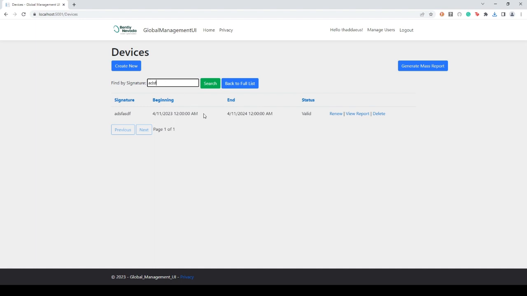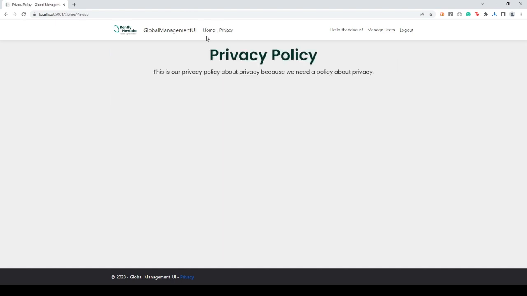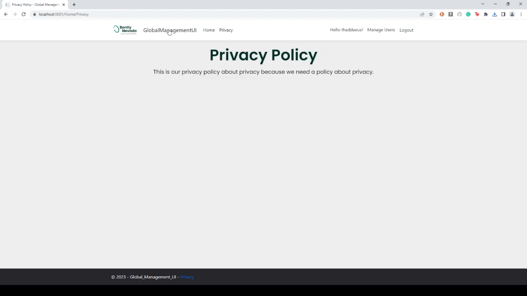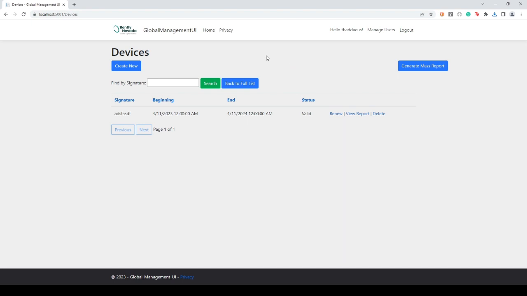You can search. Search right here. Obviously that doesn't do anything because we're typing in. If we search that, it disappears. But we can go back to the main page. And up here we see that there's a home page now. So the privacy page, this is the home page, just brings us back here. And also if we were to click on these, it would just bring us back to the devices page instead of bringing us back to the login page